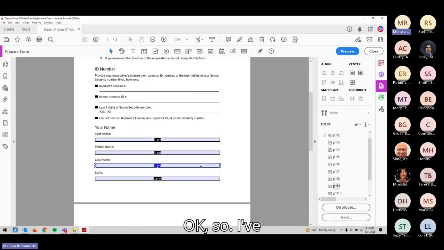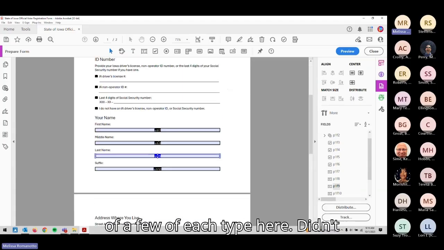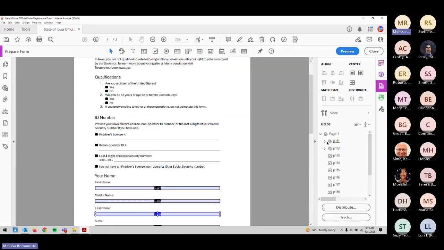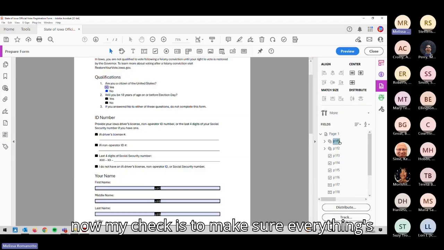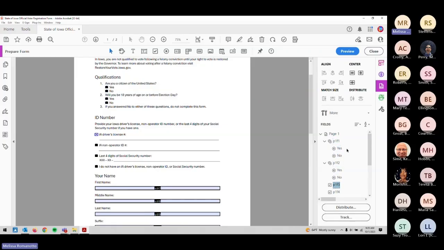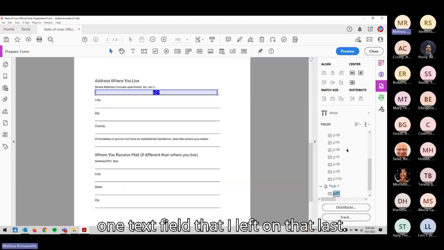Okay, so I've just got a handful of form fields, kind of a few of each type here. Didn't want to take the time to do the entire form, but now my check is to make sure everything's in the right tab order. So again, I've got my first question with the yes and no's, got my radio buttons, my text fields, and then I've just got one text field that I left on that last